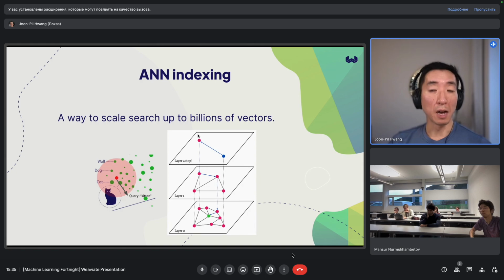And of course, as this is an approximate nearest neighbor search, there is a slight cost to things like recall, right? So it's not a perfect search. So you need to trade off different parameters as to how high you want your search quality to be versus speed. So just like everything else, it's not perfect, but it gets you pretty close a lot of the time.